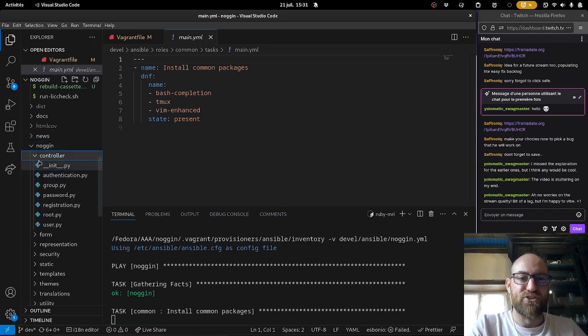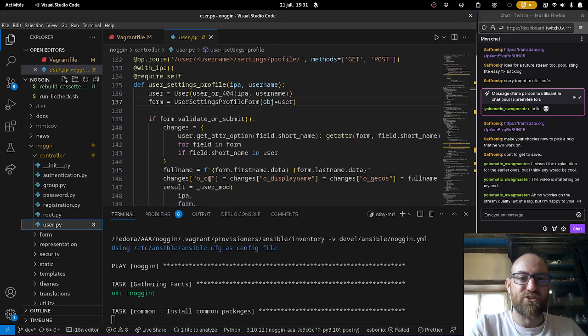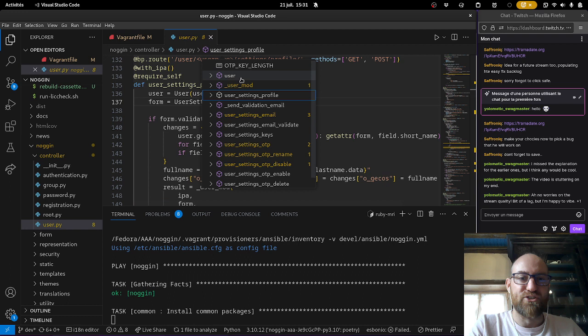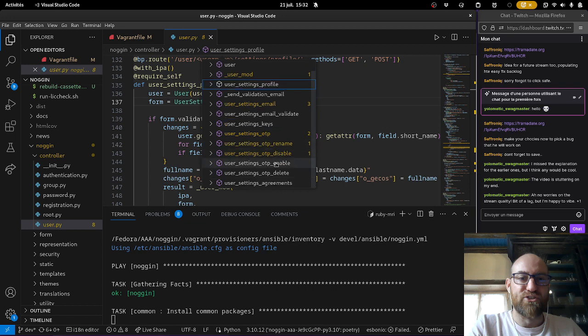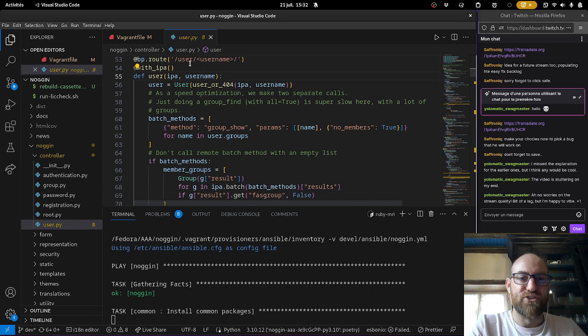We have representations of objects that we get from LDAP. Let's look at the controller, let's say the user controller. What does it have? We have a user settings profile function, user settings, all user settings. And what about user? User is about a single user, so that's not where the list of users is retrieved from.